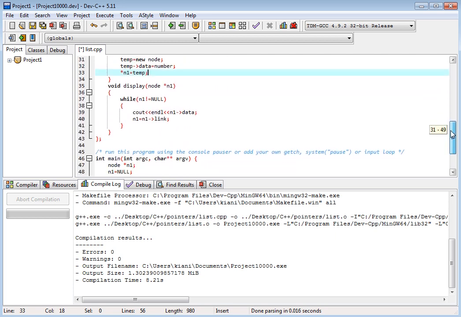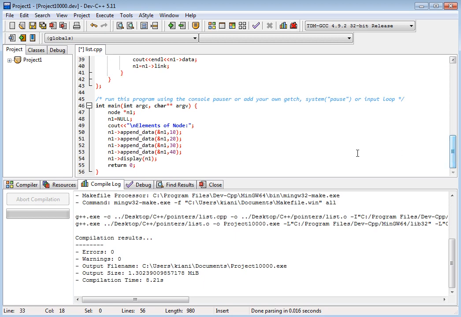Now we have insert at start. Now we call, we have this.